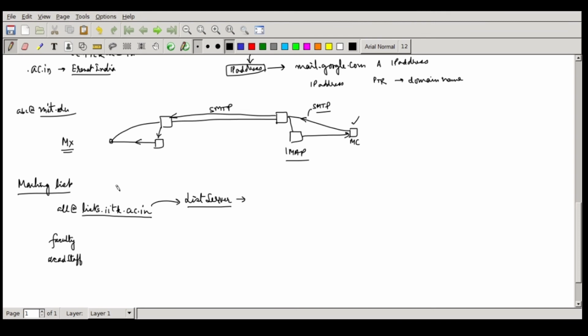But the important thing is that when a mail comes, this is actually acting like a client, this actually gets the mail from the director and it is being fetched by the IMAP server, and once the mail comes here, it starts processing the mail. It figures out what the destination is, and then it will look into this basically a separate domain. So technically this SMTP server passes the mail to this list.iitk.ac.in, and then it will start processing depending on what is there in this user ID part.